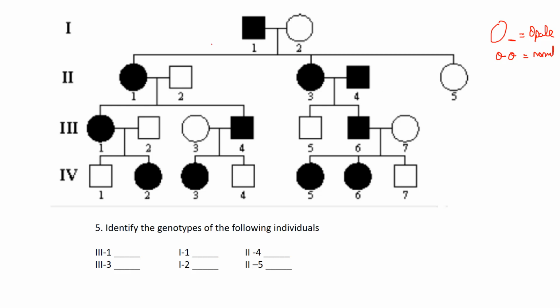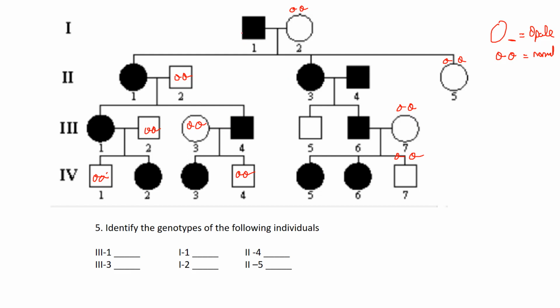So when we see anybody that's not affected in any of these, we can just fill those in like crazy, right? So put a lot of those in there. Those guys are pretty easy to determine. And then systematically we go through these other ones here to see if they are homo for O pale or